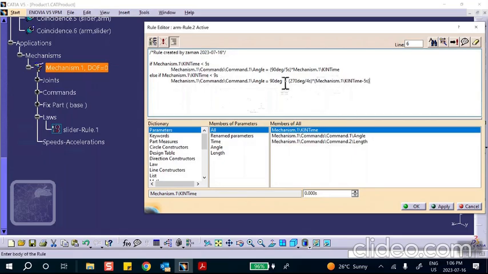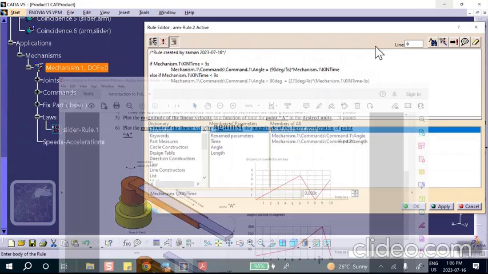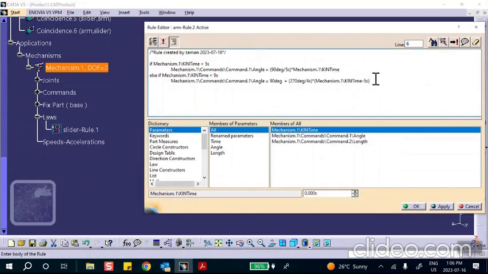For example, notice that when the time is 9, 9 minus 5 is 4. That 4 cancels this 4 in the denominator here. 90 plus 270, and that's 360. And that is correct. At 9 seconds, 360. And then it drops. So it drops to else